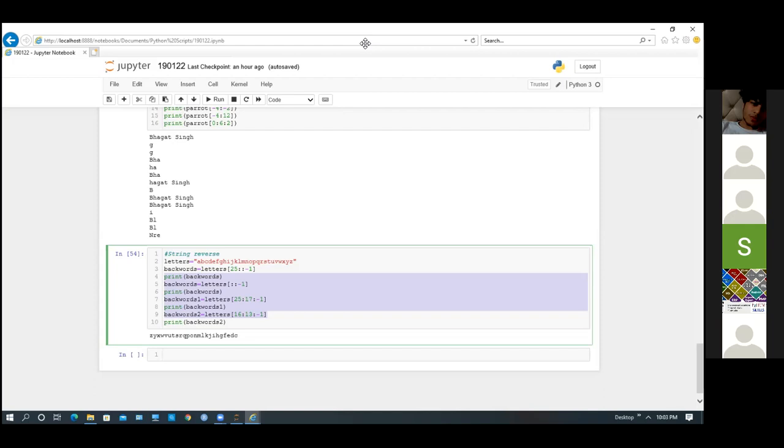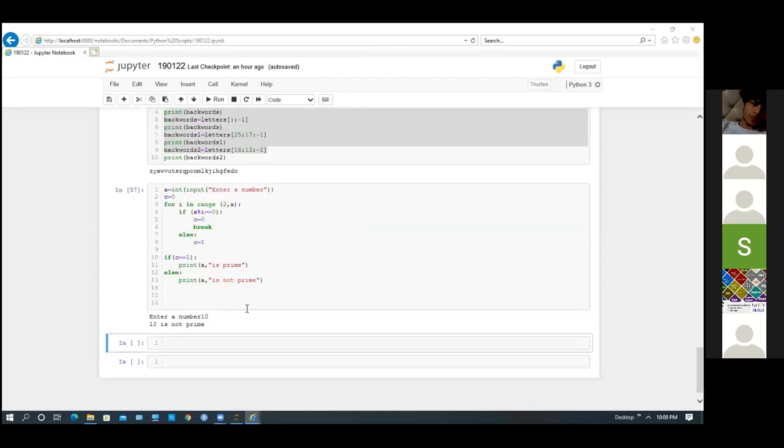So let's see. Let me share. You can see my screen, right? See what we are doing: we are entering a number, correct? On the second line, we are writing c equals 0. Now here we are writing for i in range(2, a), right?